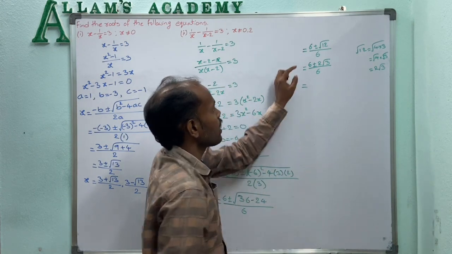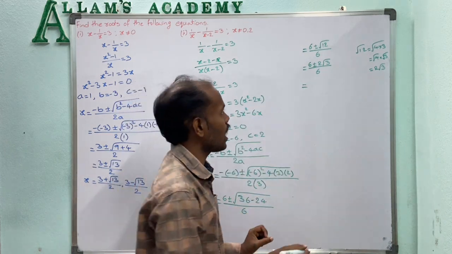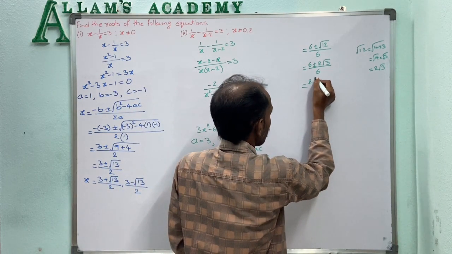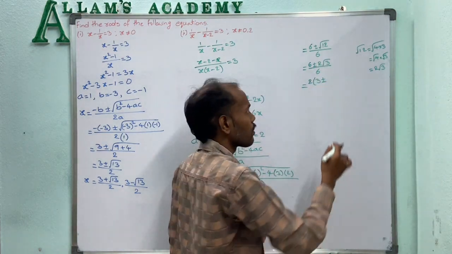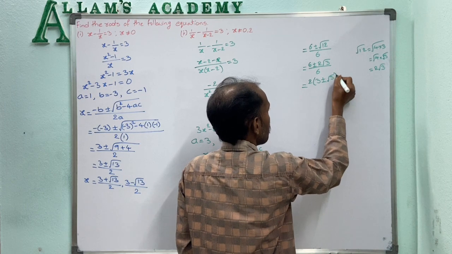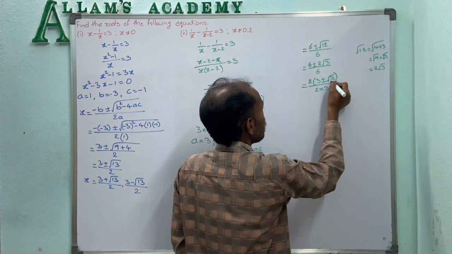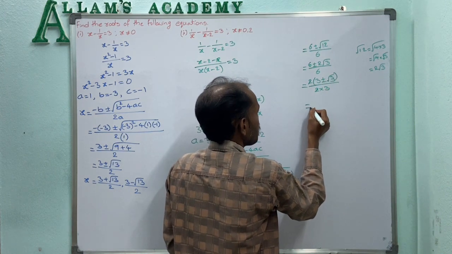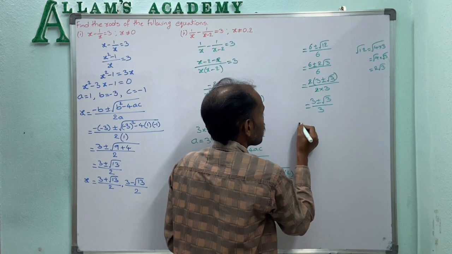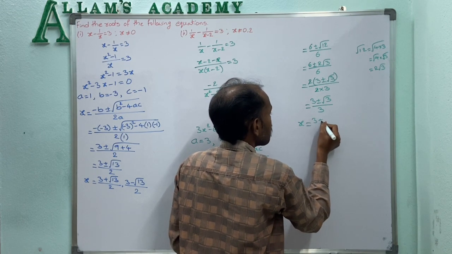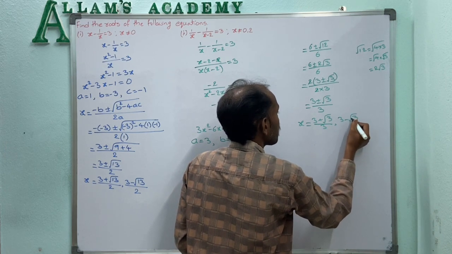Now 6 can be written as 2 into 3. So here 2 and here 2 are common. For that purpose, taking the 2 common: now here 2 3 ja 6 plus or minus 2 already came outside, for that purpose root 3 by 6. That 6 can be written as 2 3 ja, 2 2 gets cancelled. That means 3 plus or minus root 3 by 3. So the x values are nothing but 3 plus root 3 by 3, 3 minus root 3 by 3.